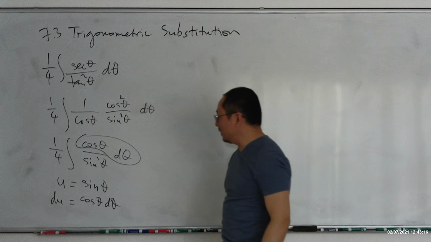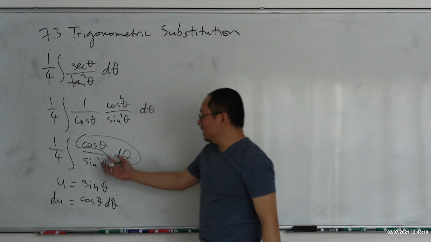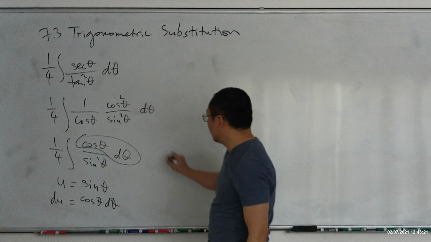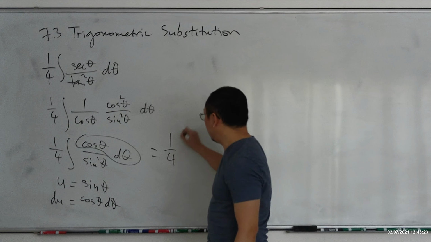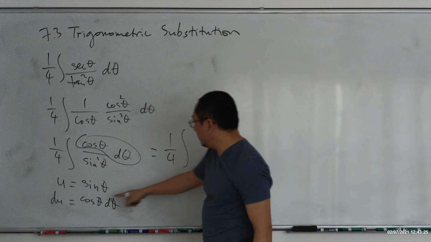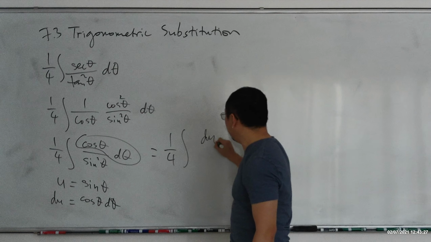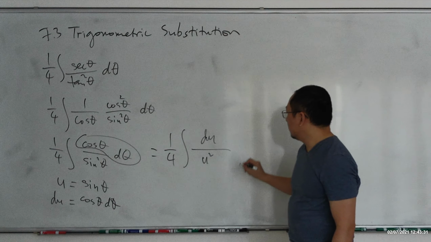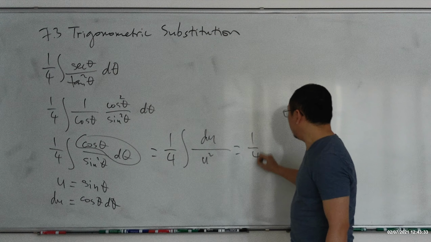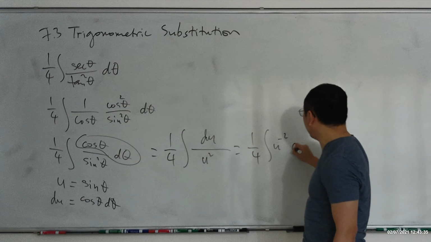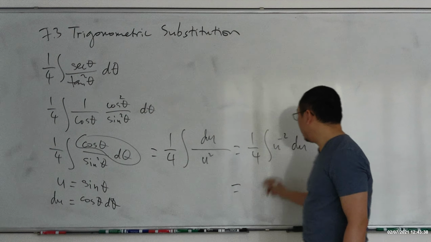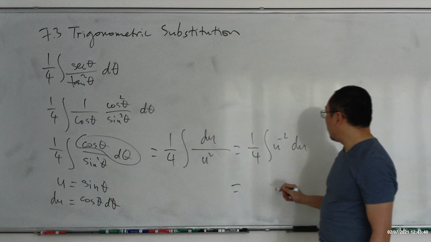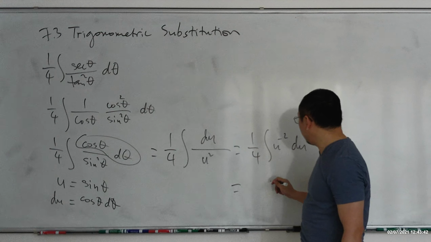We have to do a couple of steps, right? And again, u-substitution is always coming back. So this one becomes a quarter integral of du over u squared. This is a quarter integral right this way, if easier for you guys to see. Okay, and use the power rule, add 1 to the exponent. It's just going to be u to